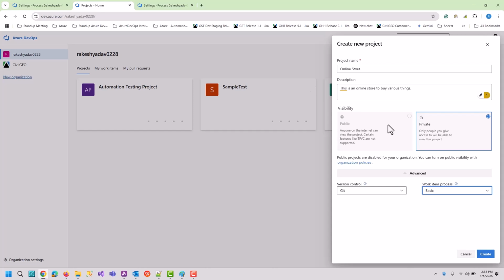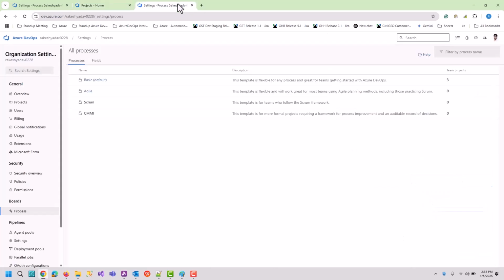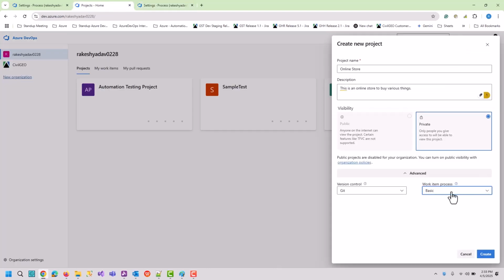That's why when we create a project, by default it shows basic selected. You can change the default process from here. By clicking on these three dot buttons, you can set any process as your default process. If you set a process as your default, then whenever you are creating a new project, that default process will be selected here. In our case it is basic, so that's why the work item process is selected as basic.